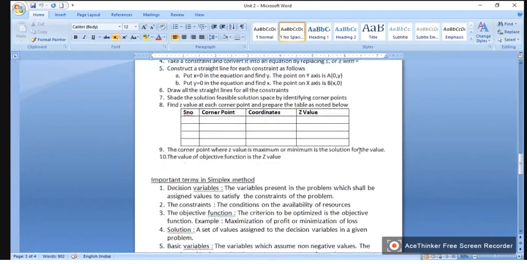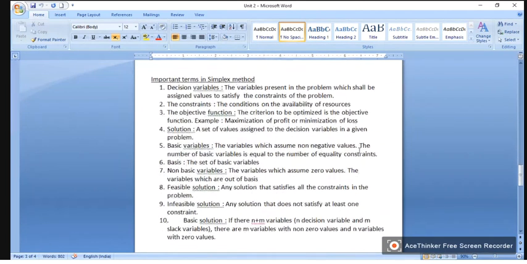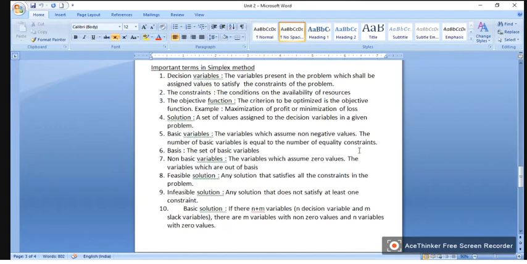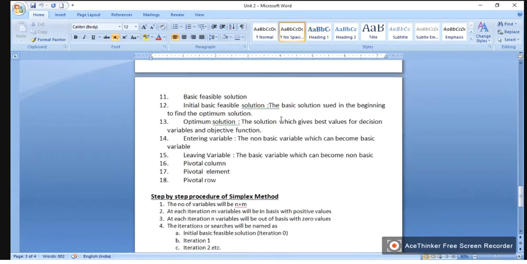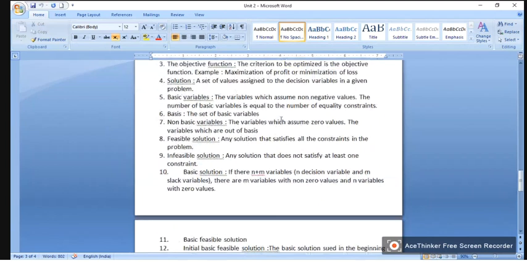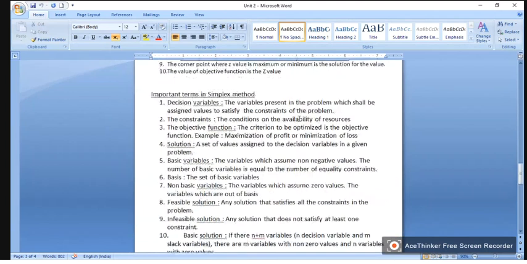Step by step procedure for solving linear programming problems using the graphical method is already given to you and you know it. Okay, so before we understand the steps of the simplex method, there are certain terms that you should know. So I can ask somebody to read the points so that we can cover them quickly. Okay, Harika, can you read the points first? Read the first 4 points.